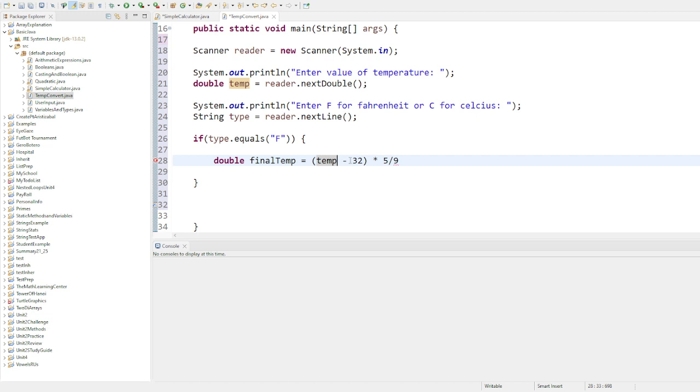Okay, now remember that temp is a double, so we shouldn't have any difficulties with the operation. So a double minus an integer number is a double, times two integers will give me a double in this case. But if you want to make sure, you can put one of these two numbers or the two numbers as doubles if you want to make sure that they're actually doubles in your operation. Okay, now if it's not F and we say, okay, if the person wrote a C,